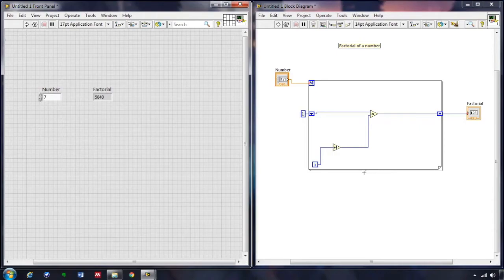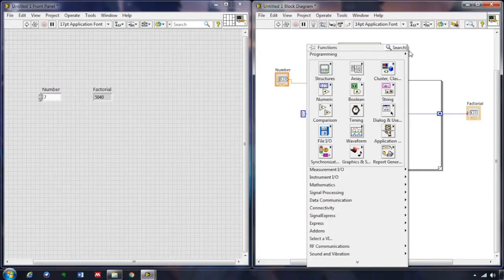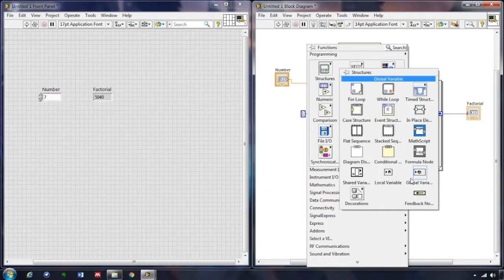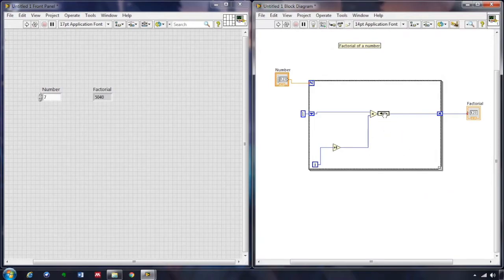Now, apart from the shift register, there is one more thing which we could have used instead of the shift register, just to take data back to the loop. For that we have what we call a feedback node. If I do not want to have a shift register, or if I have a very big lengthy block diagram where the wires are running from one corner to the other corner and it becomes messy to work with, I can just simply have a feedback node, and what I want to feed back is the multiplication,